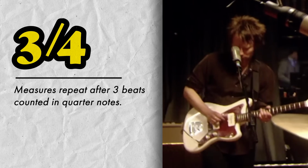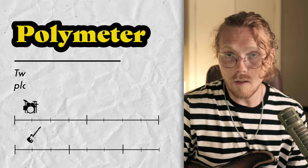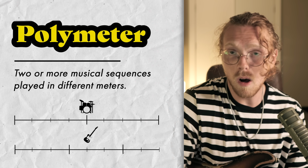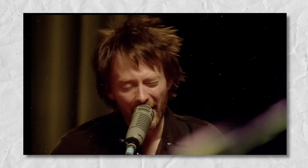And on top of that, all of the guitars are in 3/4 and the drums are in 4/4. So you can imagine, not only do we have a 4/4 drum part, we have a 3/4 guitar part, and all of those guitars venture off into their own chords and reconnect after a different amount of measures. So all of these instruments are kind of going on these separate but connected journeys on different parts of the